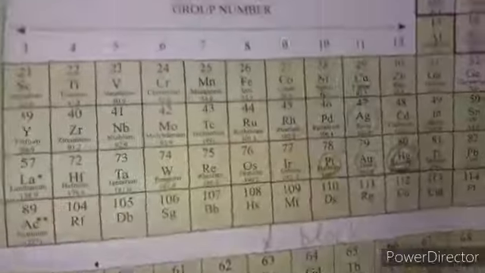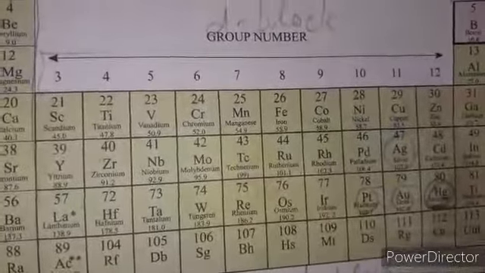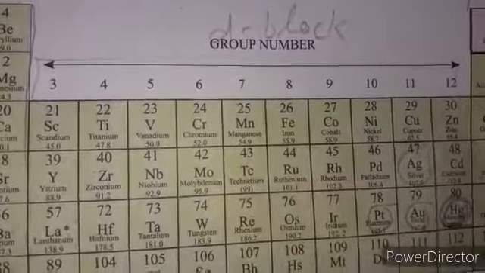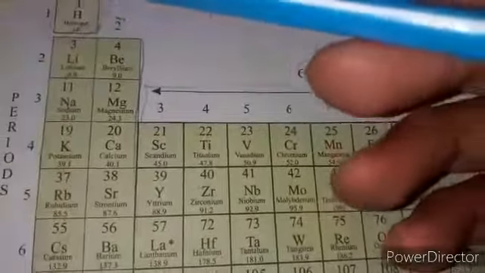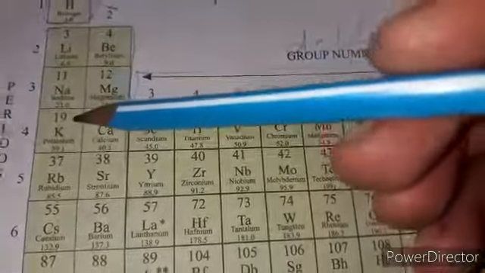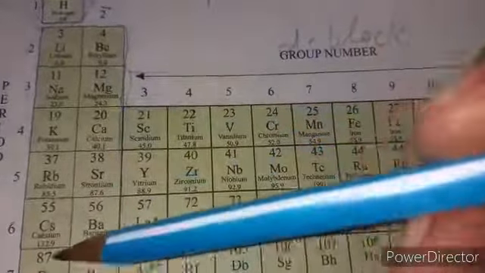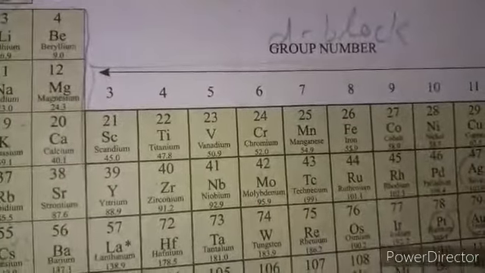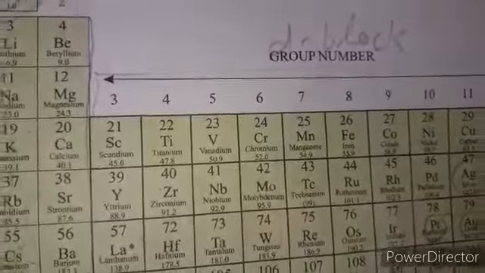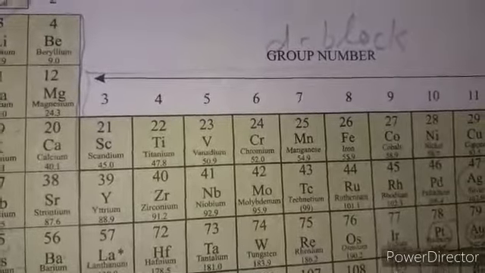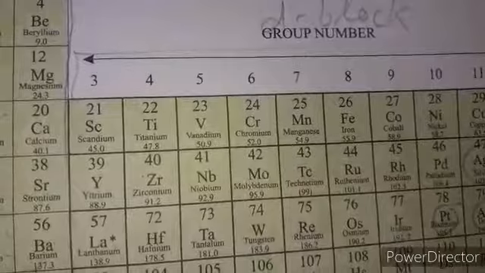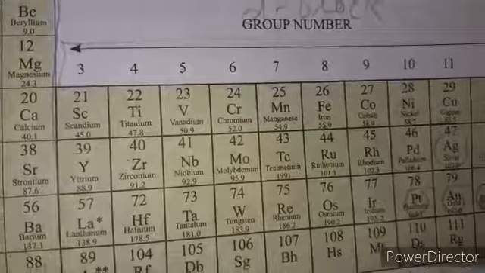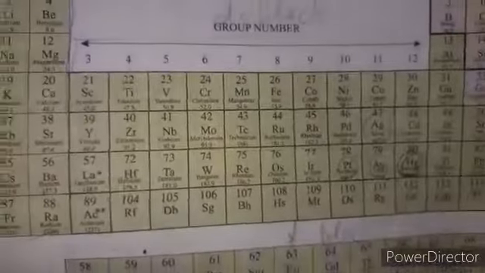So next, what are the achievements? The fundamental property of the modern periodic table is that elements are a periodic function of their atomic number. When we move from top to bottom, atomic number increases: 1, 3, 11, 19, 37, 55, 87. Along the period it also increases. So when we move from left to right and top to bottom, atomic number increases on both sides. That is why it follows that law, deciding that atomic number is the more fundamental property to arrange the elements in a proper period or group.